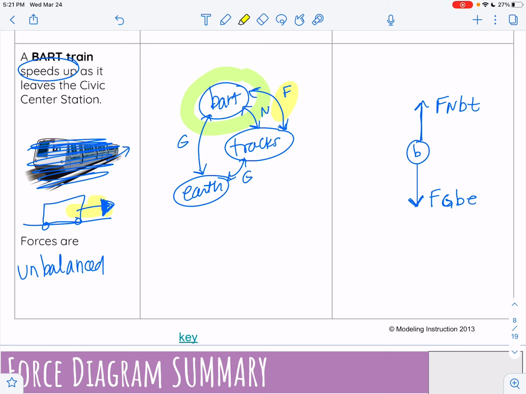So I can see that I need the train to speed up, and the only way that that's going to happen is if the friction acts this way. So force of friction, BART train tracks. Because I need this to speed up and it's going to the right, so I have to push it to the right. So this would be more of a situation that I might consider like a traction, you know,